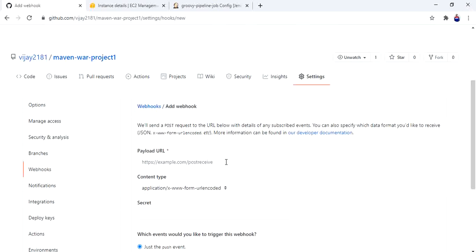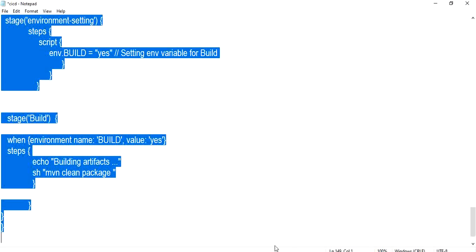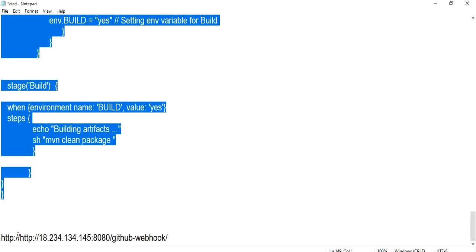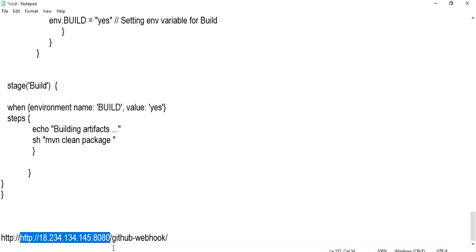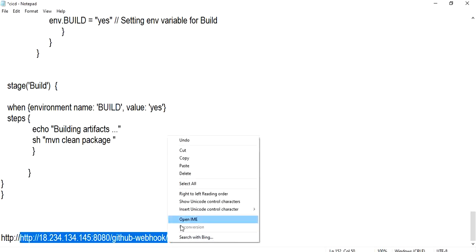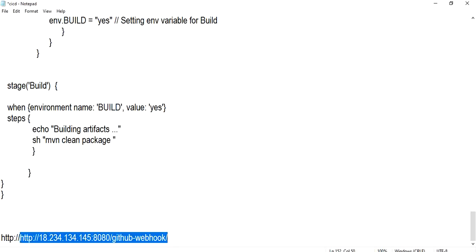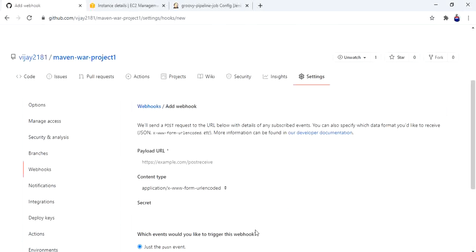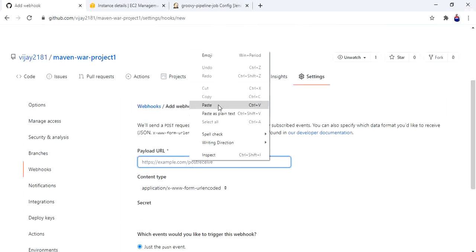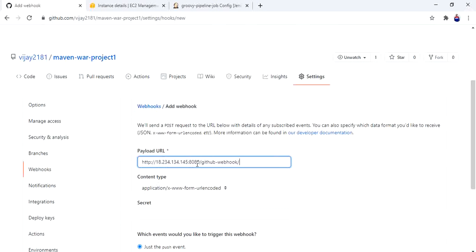Here is the payload URL. This is very important. I have copied the exact URL up to here. This is my Jenkins URL. So this webhook is to be triggered to my Jenkins, right? That's why we have to specify our Jenkins URL.